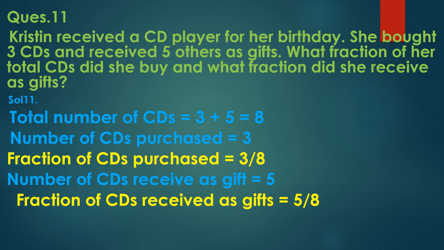Now see, how many total CDs does she have? 3 plus 5. 3 she has bought, and 5 she has received as gifts. So the total number of CDs she has is 8. Number of CDs purchased by her is 3. So what is the required fraction of CDs purchased? 3 upon 8, because in the denominator we write the total. So the total is 8 and the number of CDs purchased is 3. Now next, you have to find out what fraction did